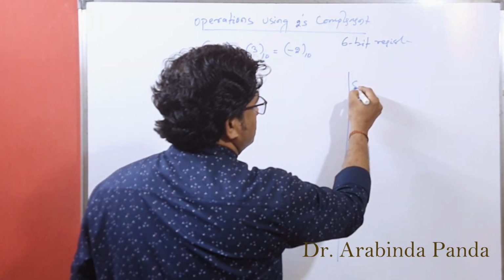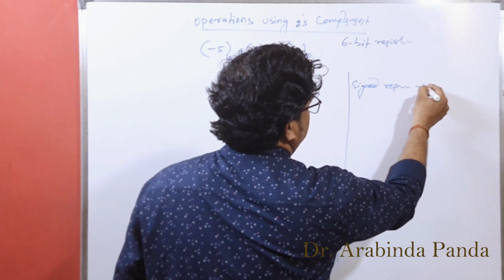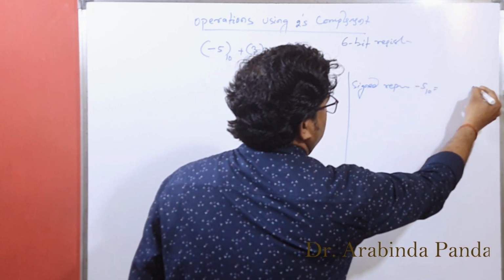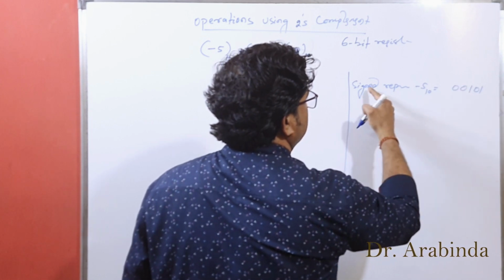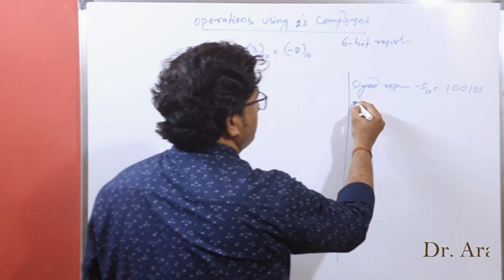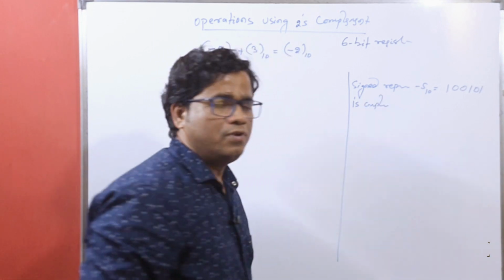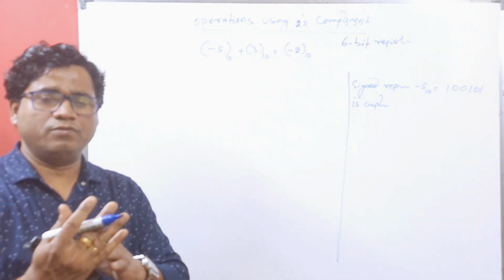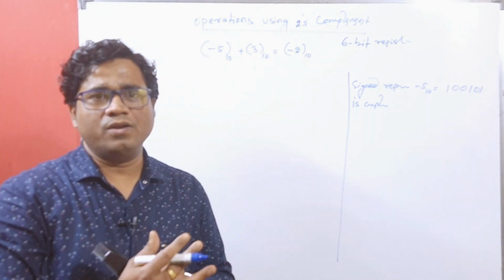The same style: the sign magnitude representation of minus 5 base 10 equals how much? 1 0 1, the 5 is 1 0 1, and the number is negative, so the sign bit is 1. Then 1's complement, as all of you know. 2's complement means what? First you have to find the sign representation, then the 1's complement, and then simply add 1 to the 1's